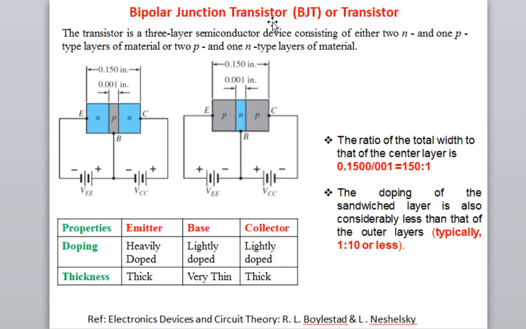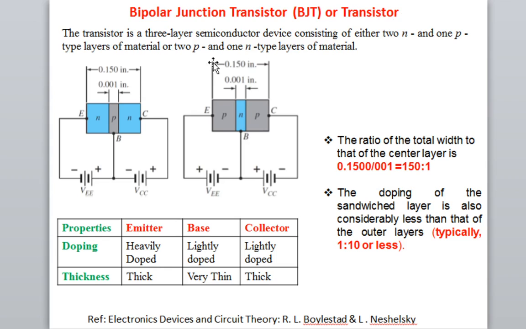And then transistor, which is again made from two words: transistor is equal to transfer of resistor. This is a device which transfers the resistance when you move from input to output. That is why the name bipolar junction transistor, or simply BJT in short form, or simply a transistor. So it is popularly known as a transistor. Whenever you say transistor, it means a bipolar junction transistor.